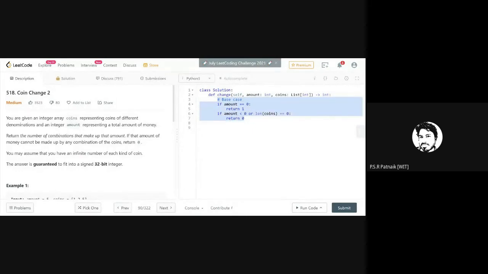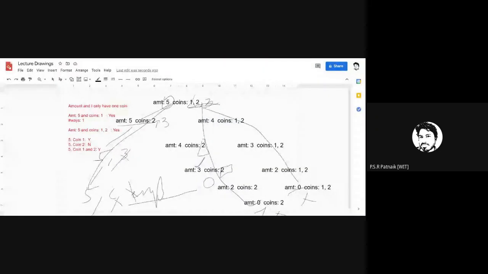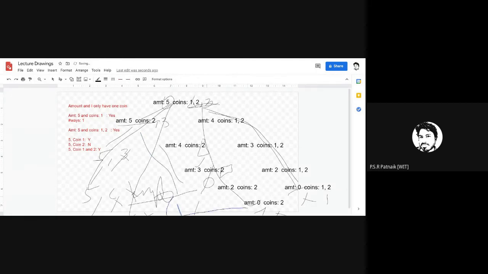Now, what do you need to return? Can any student guess what I need to return? I have taken care of the base case. So three base cases I have taken care of. Now, what do I need to do? Wherever in whatever branch of the tree you get ones, here you might get 1, here you might get 0, 0, 0, somewhere in another branch you get 1. So I need to do the addition of all these ones. So what should be the call in that case, if I want to do the addition of that?